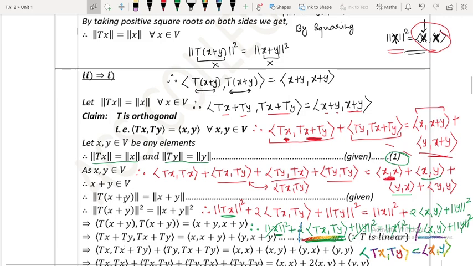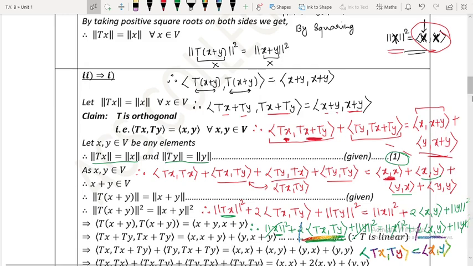So let us check our proof then. Till here I have already explained. This is simply by using this formula, so we got this term. Then since T is a linear transformation, this has happened, and over here I have fixed this x plus y, and I have distributed the first coordinate on the right hand side. Then in the next step I have fixed this tx plus ty in the second coordinate, and we have distributed this tx plus ty of the first coordinate, therefore we got this one.